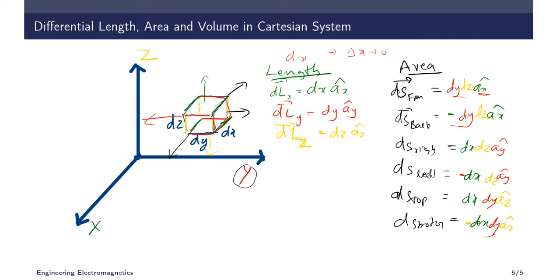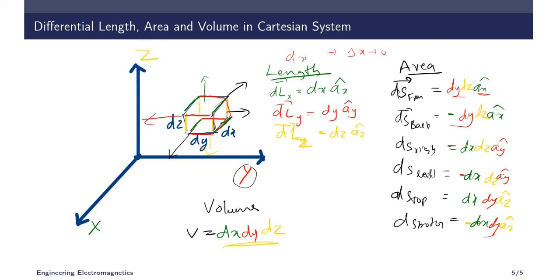Now one more is the volume. So what is the volume? Volume is a scalar quantity v, as we discussed, and it doesn't have any direction but only a value. The value depends on length into breadth into height. So length along the x-axis is dx, length along the y-axis is dy, and length along the z-axis is dz. So it will be dx dy dz.